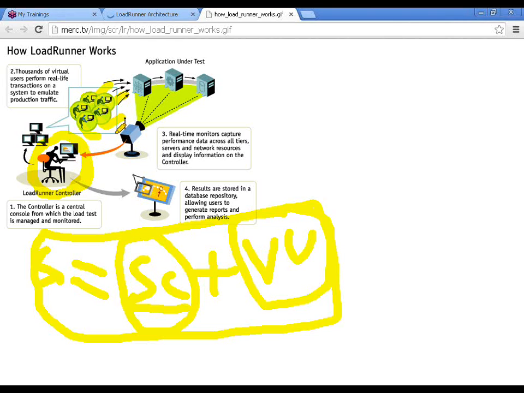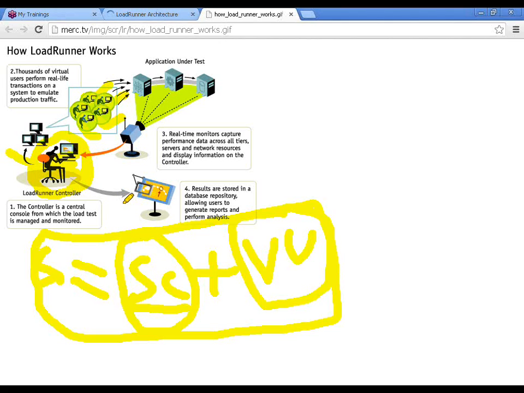Such a scenario cannot be replicated physically. You cannot ask 10,000, 20,000, or even a million users to sit at different places on different machines and work on the same application, which is practically not possible. So to mimic that with virtual users, we take the help of the LoadRunner controller.